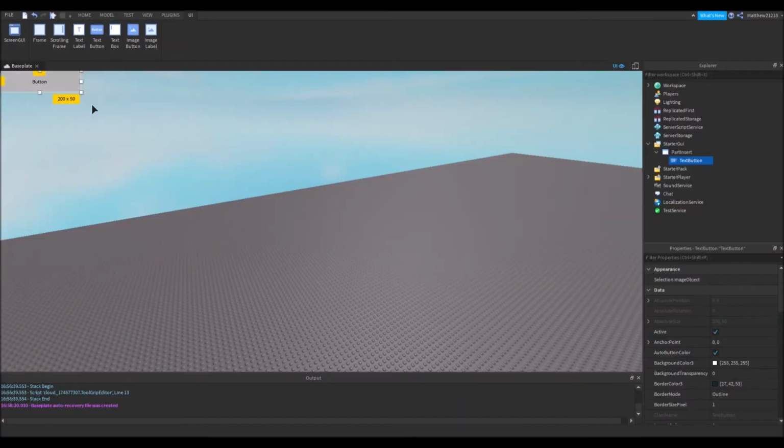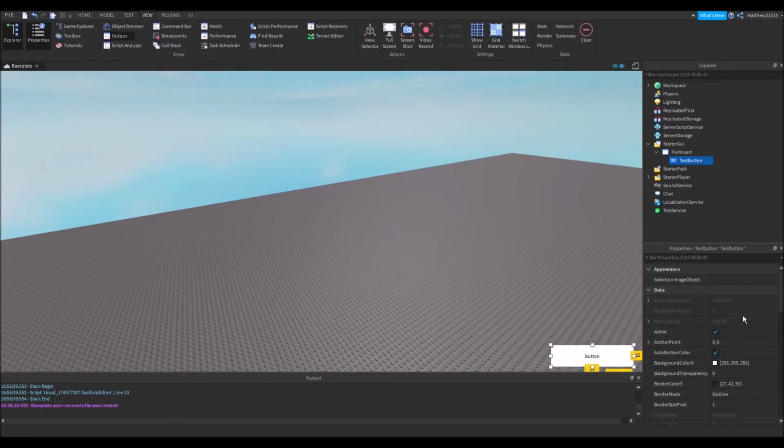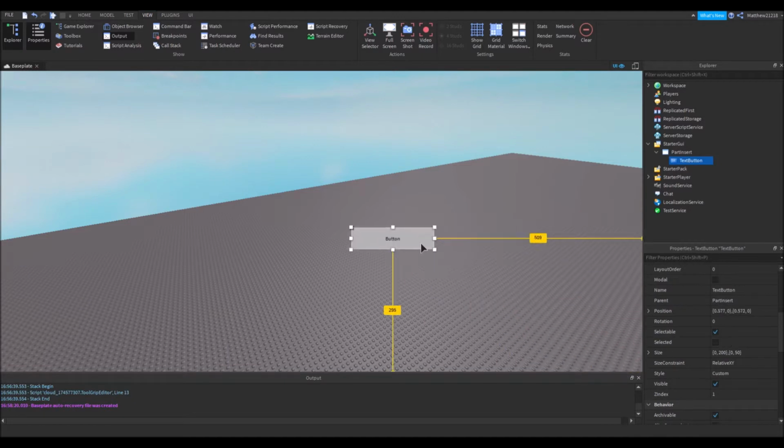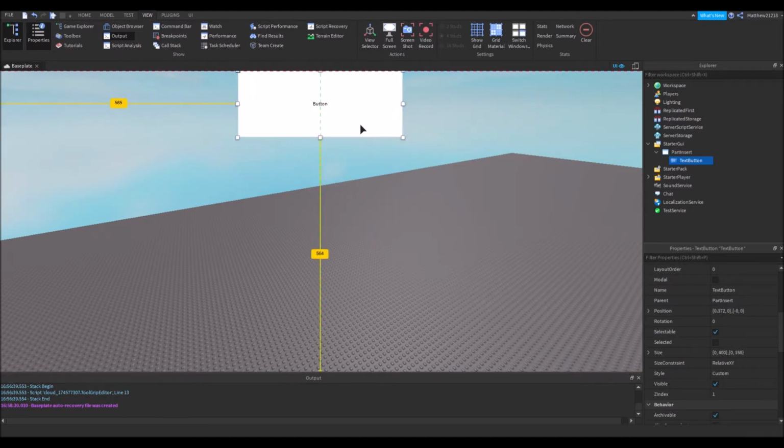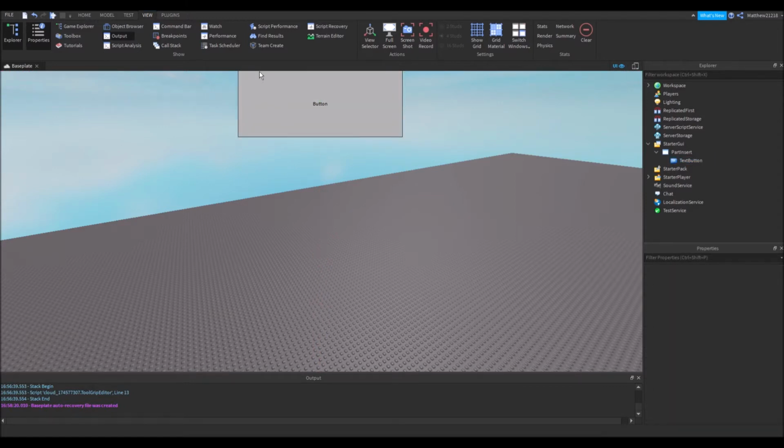So just put this wherever you like. You can drag it around the screen. If you open up your properties in the view tab, you've got some options down there. I'm going to put mine at the top of the screen. I'm going to make it quite big. Just keep in mind, with UI,